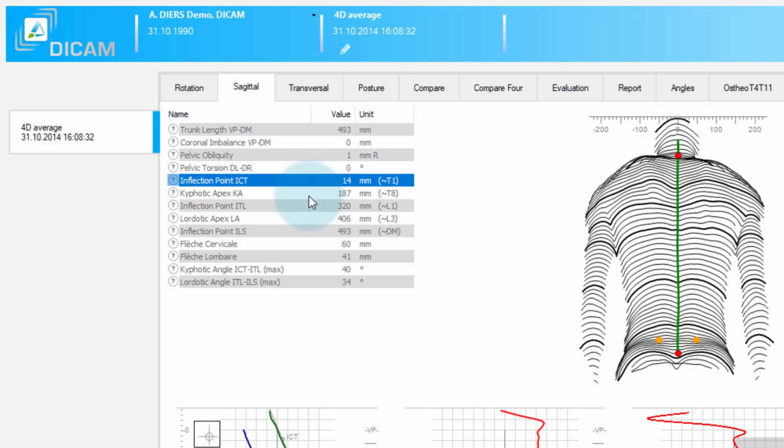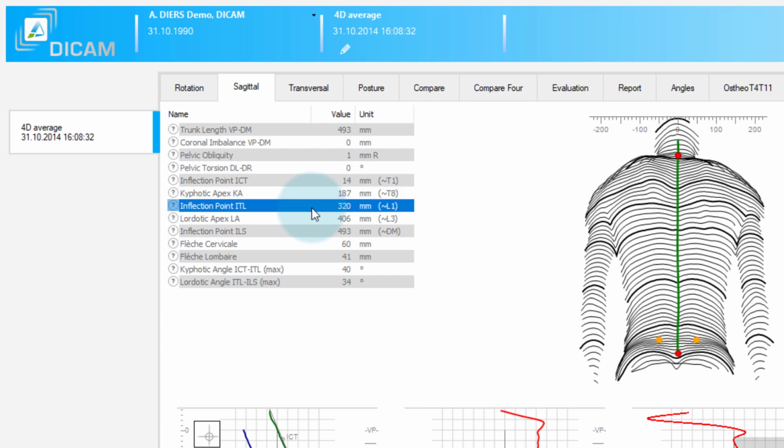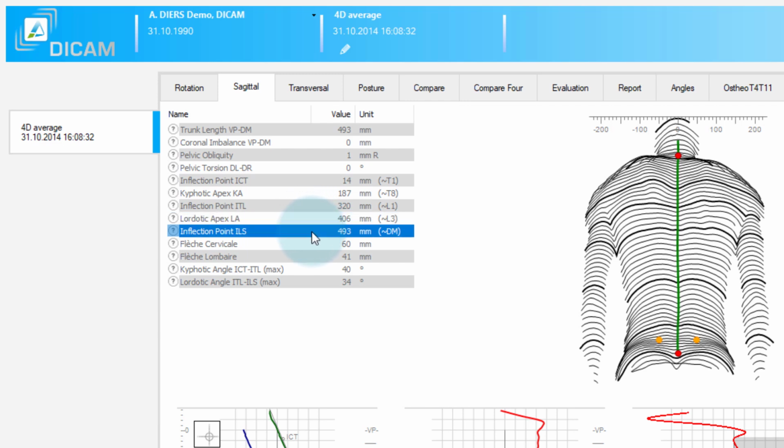The apex point of the thoracic kyphosis, Ka, is normally at T7 or T8. The thoracolumbar junction, ITL, abbreviation for inflection point thoracolumbar, is located at T12 L1, and the lordosis apex LA is found at L3. The last transition, ILS, inflection point lumbosacral, shows the lumbosacral junction usually at the level of the